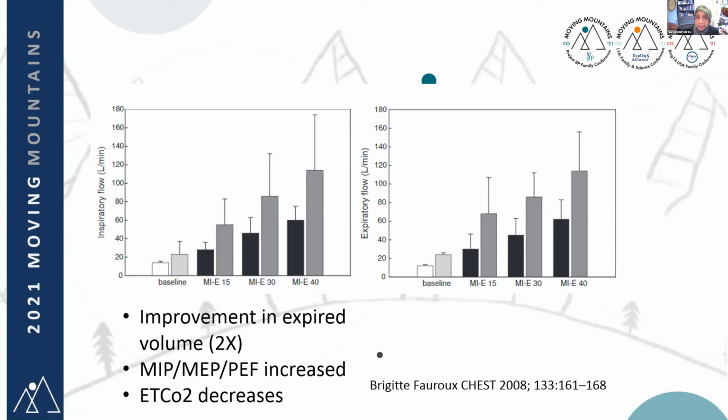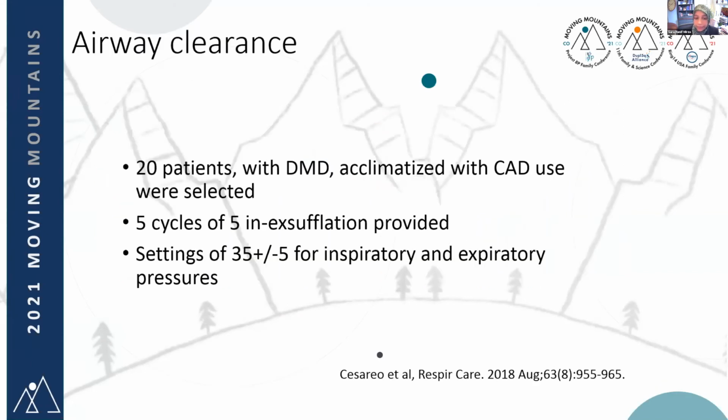And that's a clear testimony to the fact that the insufflator-exsufflator is not just clearing out the secretions, hence allowing air to move more easily. It's also helping recruit lung units, and now you've got more of your lung open. Think of it as a balloon that just got an opportunity to fill up with air, and you're able to ventilate more effectively. And that benefit of airway clearance spills over into nighttime usage for sleep. And this study, I find that it was just a very simple design, but it's a